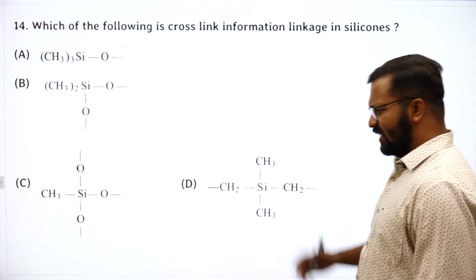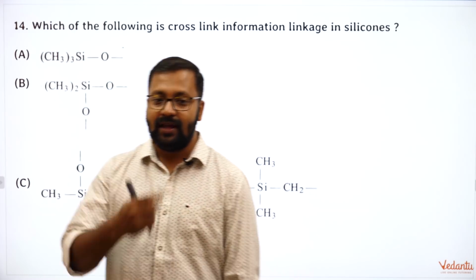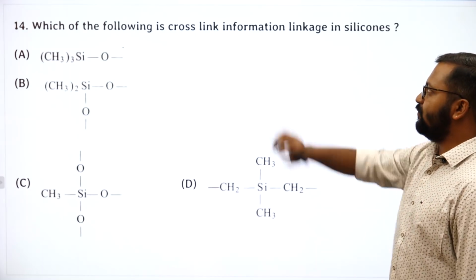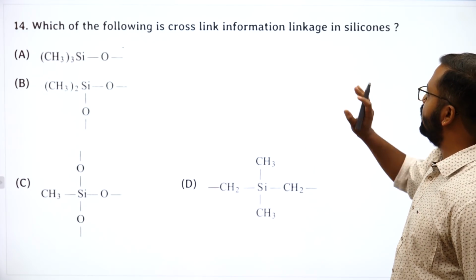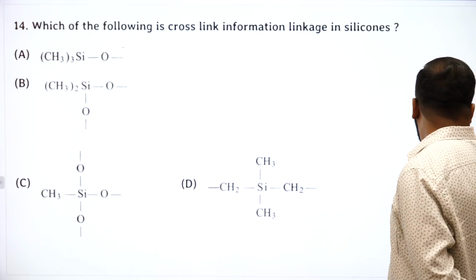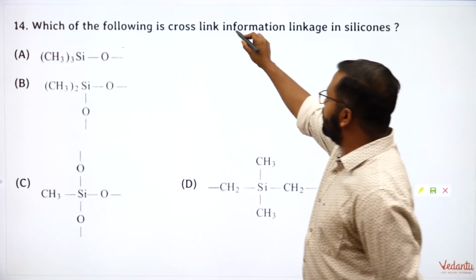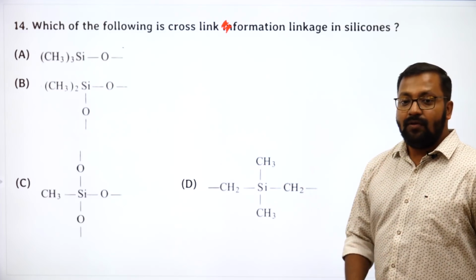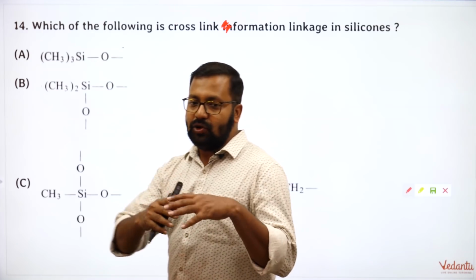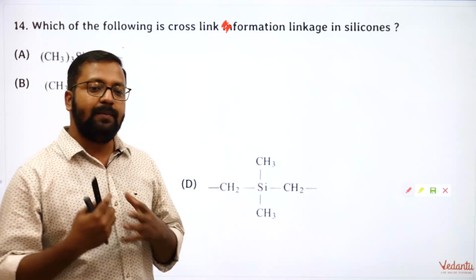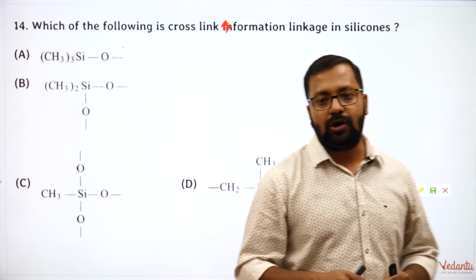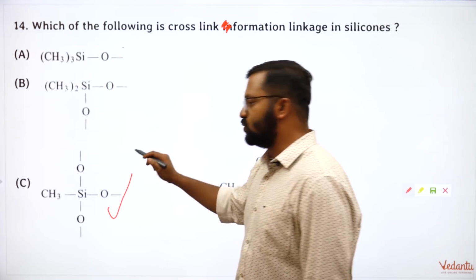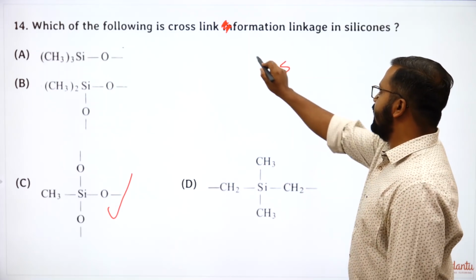Next, easy question, a very easy question. This question is about silicones. Which of the following is cross-link formation? Sorry, not information. It will be cross-link formation linkage in silicones. For cross-linking, I need to have a 3-dimensional network, and to have a 3-dimensional network, I should be having which type of linkage? This one, because CH3